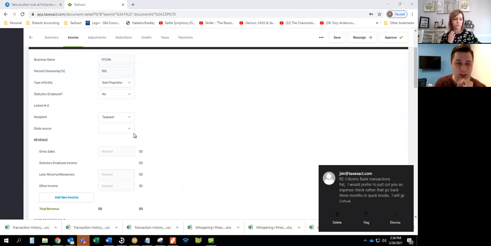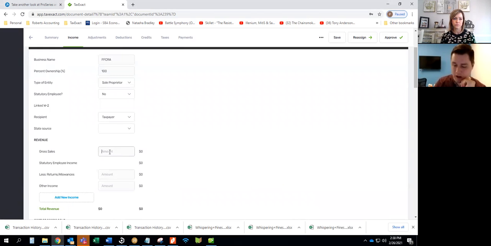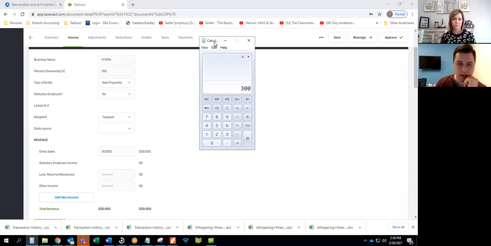So anyways, going back to this, I'm going to just put in here, let's just pretend this gross sales number is representative of the net income. We'll put 30 grand in there. So the way that the FFCRA works is it takes your net income, divides it by 260 days, and then multiplies that by the number of days you were impacted by COVID because you either had to quarantine for yourself or for someone else that you care for in your household. The max you can say you were out was 10 days. That means that this client should get upwards of